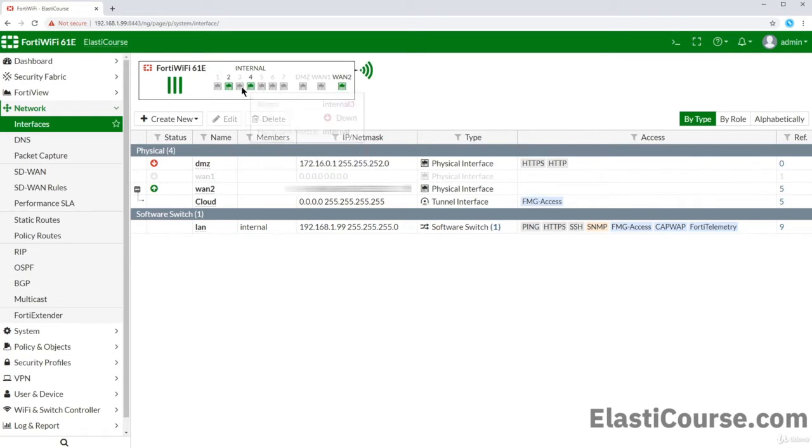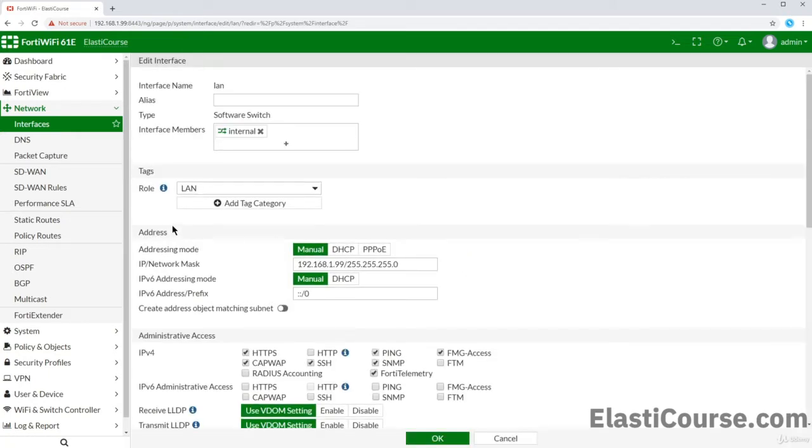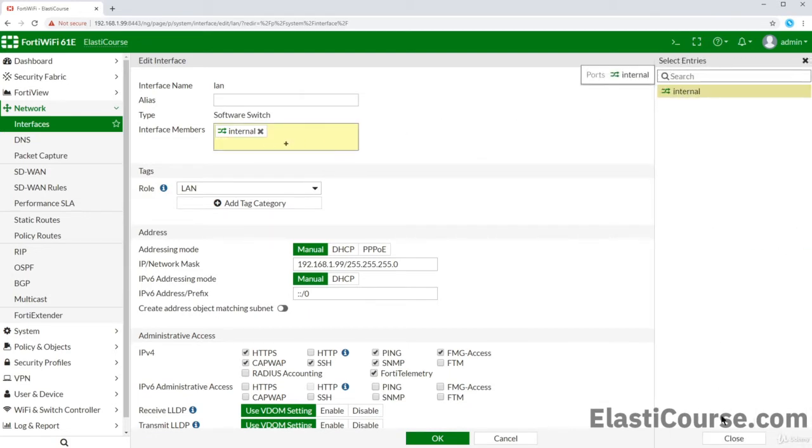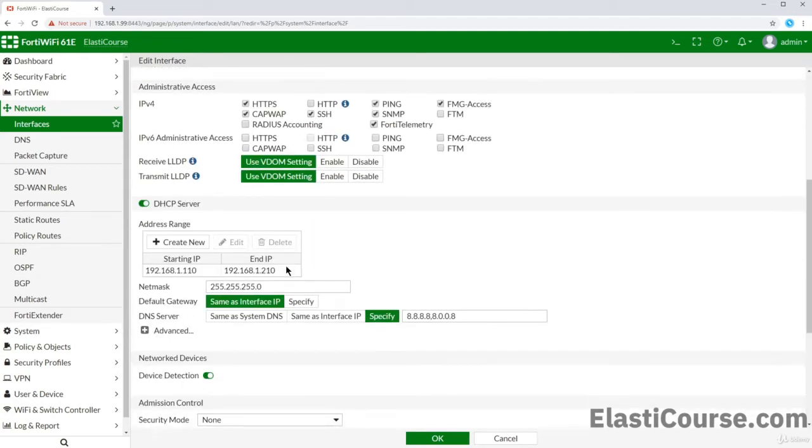So to get to it, we need to expand the software switch interface labeled LAN, and inside of that we see in the member interfaces a generic internal interface. But there is no interface called just internal. However, this refers to a virtual interface that groups our 7 interfaces, internal 1 through internal 7,